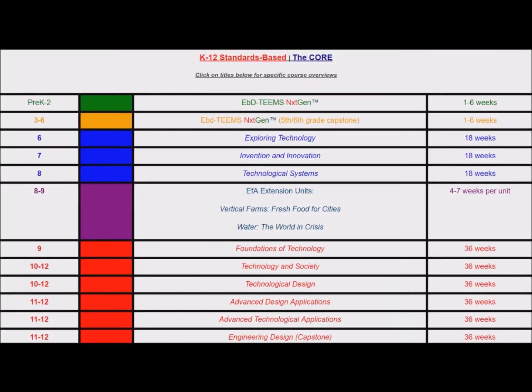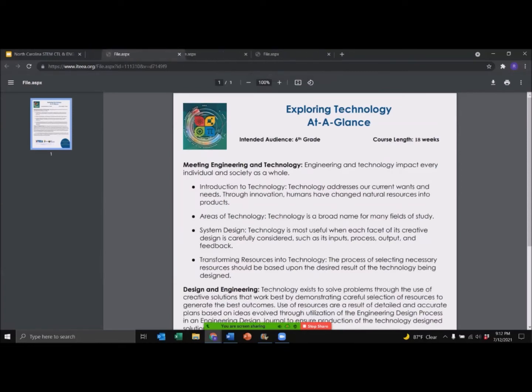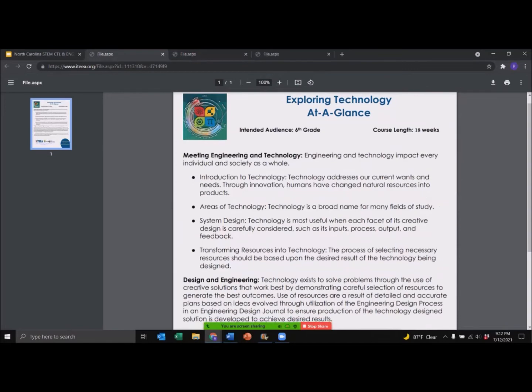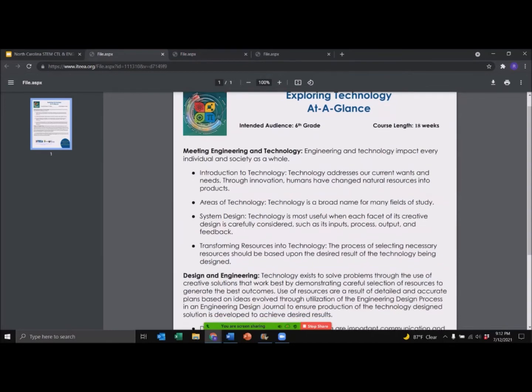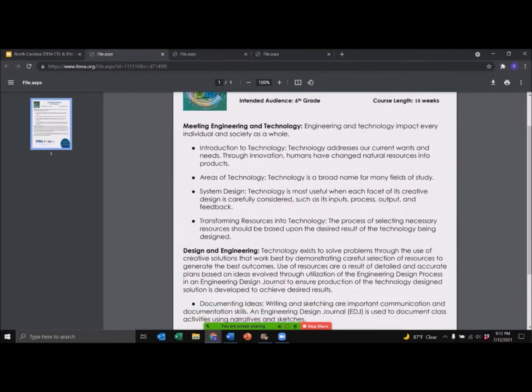As mentioned before, we are pre-K-12 standards-based content curricula. On this specific slide, if you are following along with the QR code or bit.ly, they're individually linked to go to at-a-glances. For instance, if I left click on Exploring Technology, or Invention and Innovation, or Technological Systems, you'll begin to see the 3 different courses at the middle school level. The 6th grade course, Exploring Technology, is meant for about a semesterized course,